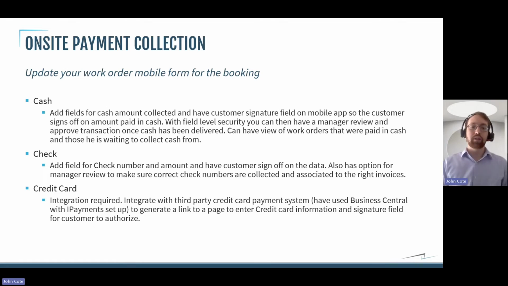The second option I would say is the next best, which is check. All you really have to do is add a field for the check number and the amount, have the customer sign off again, and then lock those fields with the business rules. That's the easiest way, because now you have an actual document, right? That check number is then handed back to the service manager. He can verify the check number, he can verify the amount, with less chance of something going wrong in the handoff. So I do recommend that approach, but as you know, most people today are using electronic payments,